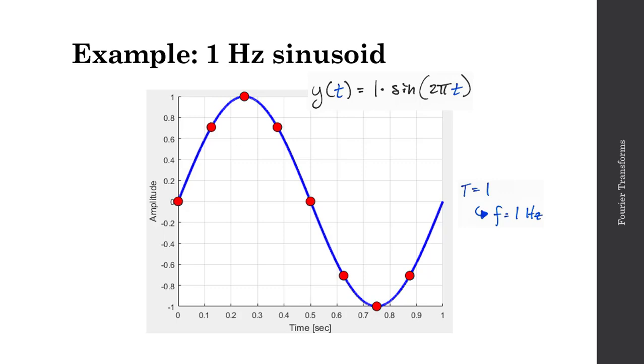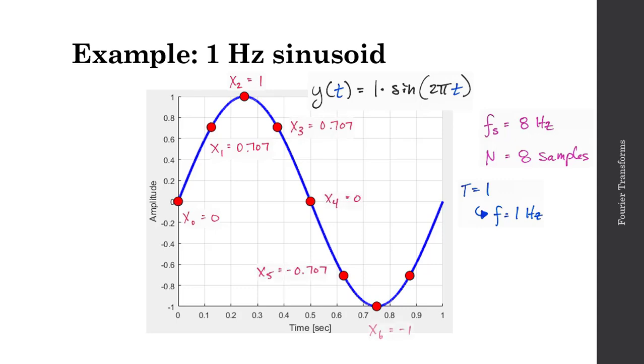Let's sample this signal with a sampling frequency of 8 hertz, and let's take a total of capital N equals 8 samples. So I'm effectively sampling a single cycle of this sinusoid. In red here, I'm showing each of these samples, and we could come up with values for each of them. For example, my first sample, x sub 0, will be equal to 0. My next sample, x sub 1, will be equal to 0.707. X sub 2 is equal to 1, and I'll continue all the way up to x sub 7, which will be equal to minus